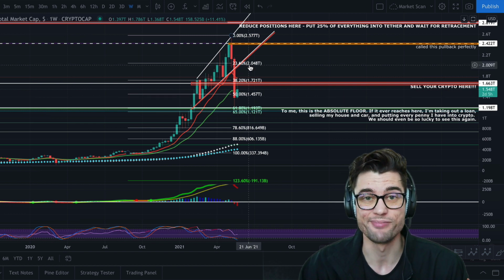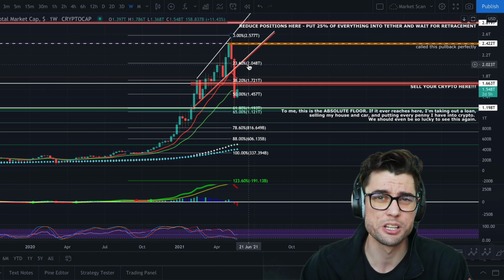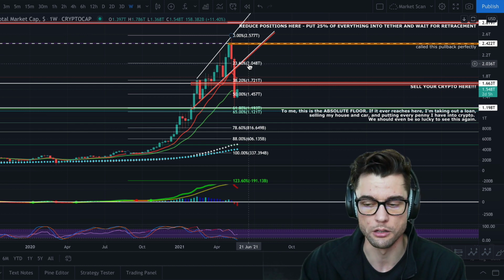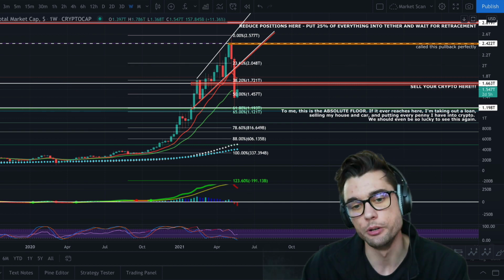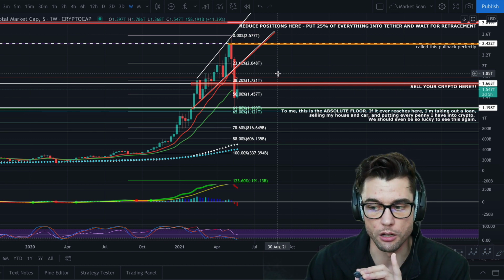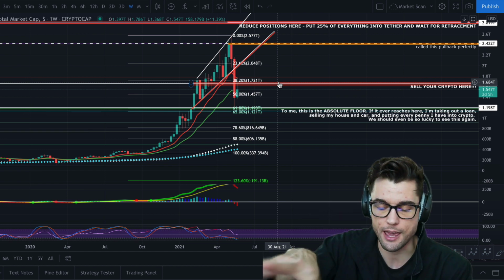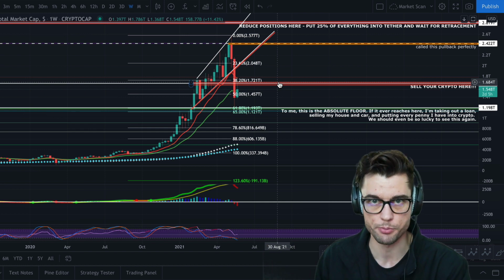If it pops back up and I'm wrong, whatever. But as a trader, my number one goal is to protect my capital. I mean, because if I'm wrong, then whatever. I have a bunch of USDT on the sidelines and I'll get back in when it's a little higher up on a retest of a support, right? After it breaks through it and then comes back down. But if I kept my money in there and I didn't have this plan and everything went down,